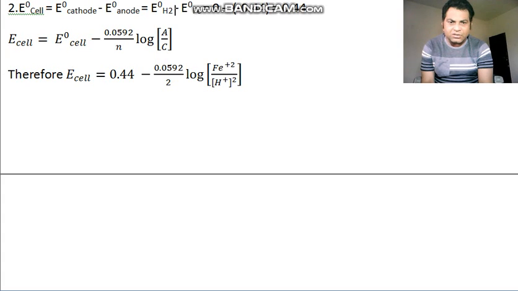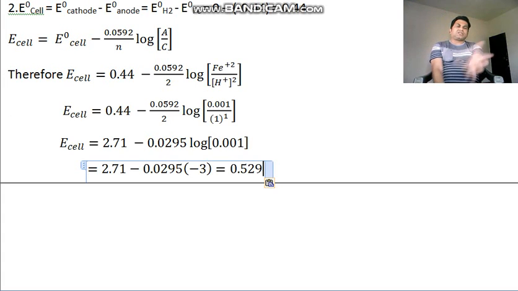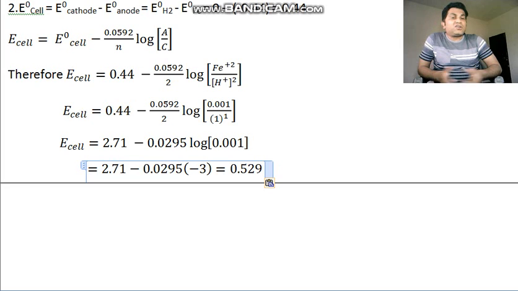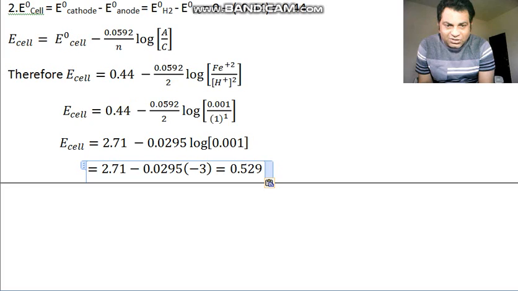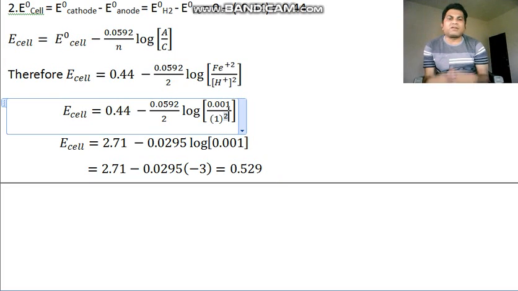Square. So here hydrogen નો square છે. You are getting this? Now put the value of required material. So what is now required? Fe plus 2 અને H plus નું શું કરીશું, કોન્સ્ટન્ટ છે and that I am replacing here. See, concentration of Fe plus 2 is given 0.001 and hydrogen is given 1. હવે અહીંયા 1 નો સ્ક્વેર હોય છે. So this will be square of the 1. 1 square is 1 and that's why remaining 0.01.